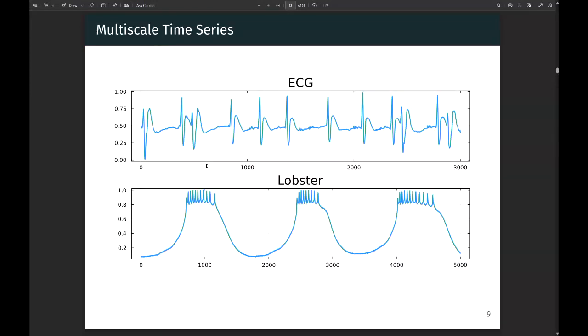And when I say multi-scale, I mean things like this. For example, in ECG, it is a bit more regular, but you can see there is one loop here that's a bit smaller in amplitude and a big periodicity that's larger in amplitude. It's more obvious in the lobster data, where you clearly see one very slow but very large amplitude dynamic, which is the repolarization occurring for the neuron. And then there are these small amplitude but high frequency oscillations, which are significant, but they correspond to the bursting fire of the neuron itself.